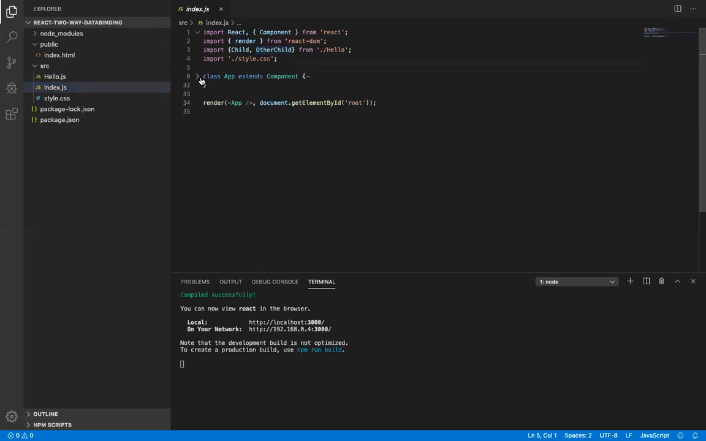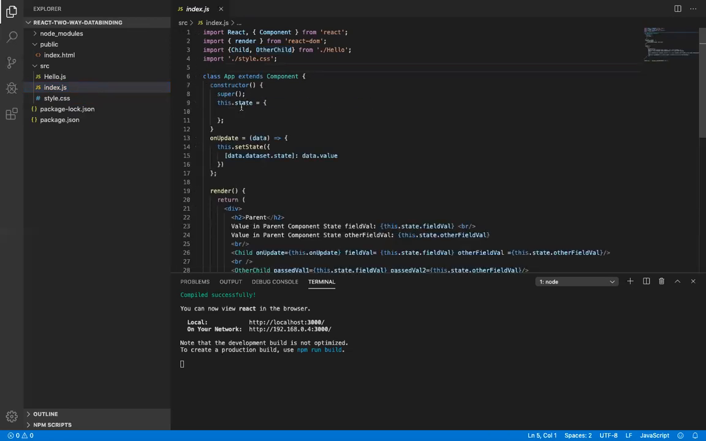In this parent component, what I am going to do is start one state, which is empty, and on updating the child component, the